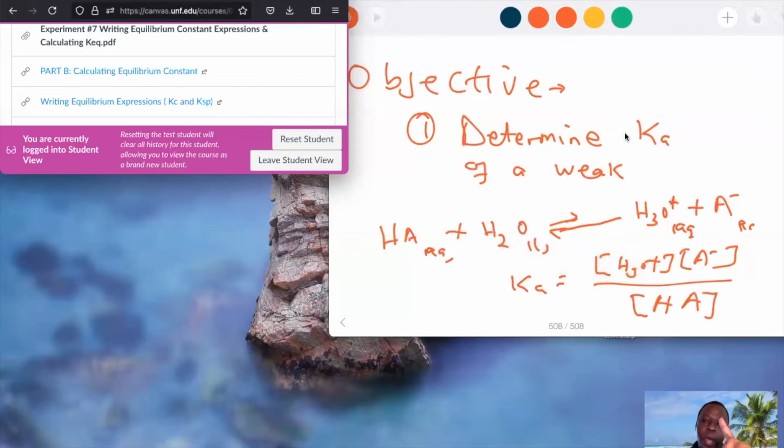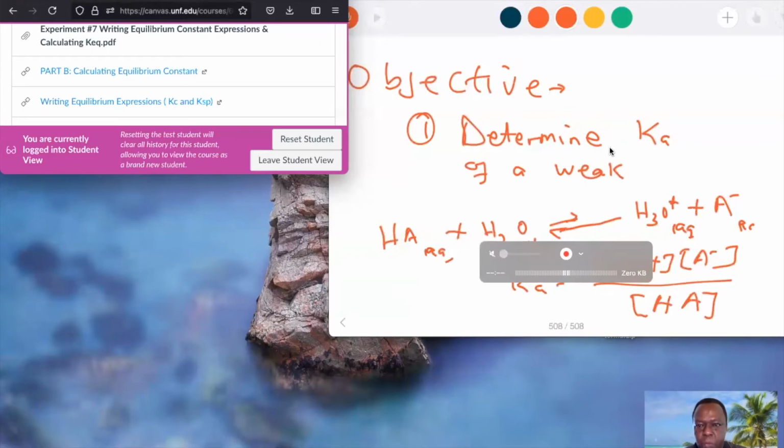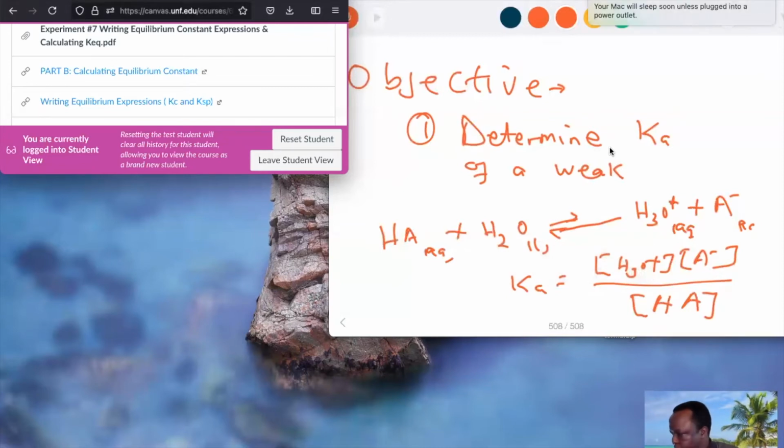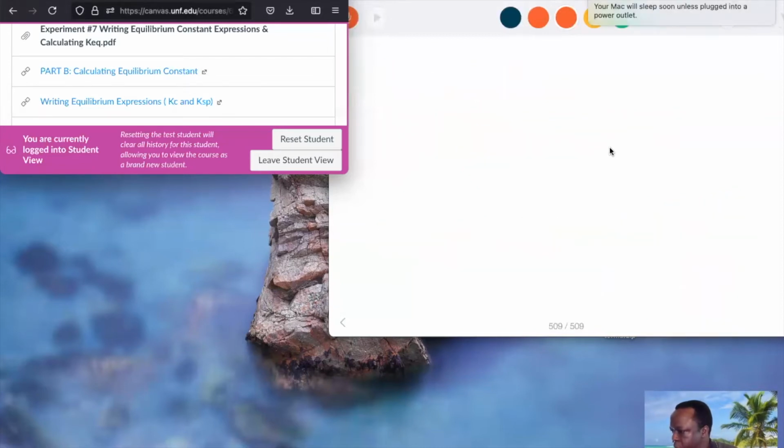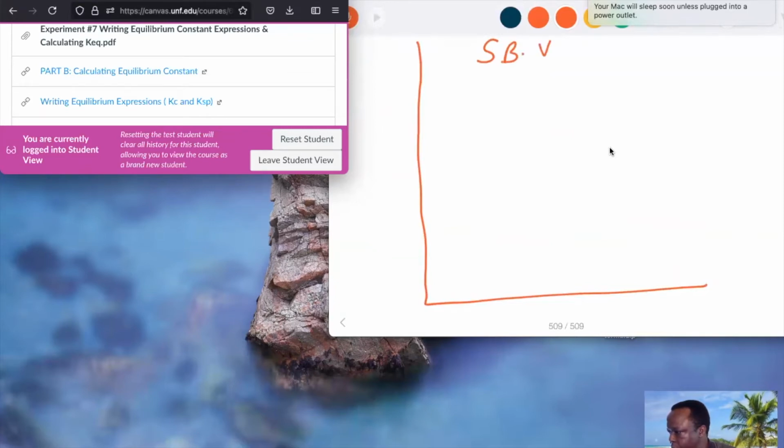And then once we find the Ka, we will identify the acid we have, or you will be working with, based on the Ka value. How? All right. In the titration of a weak acid versus a strong base,